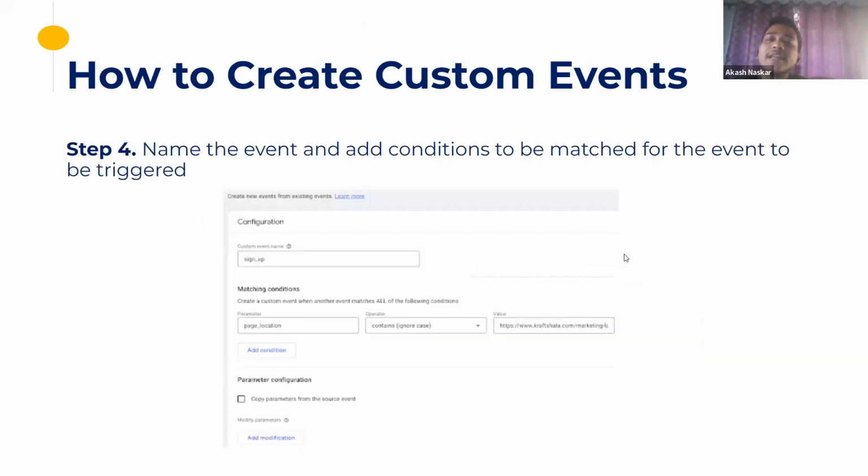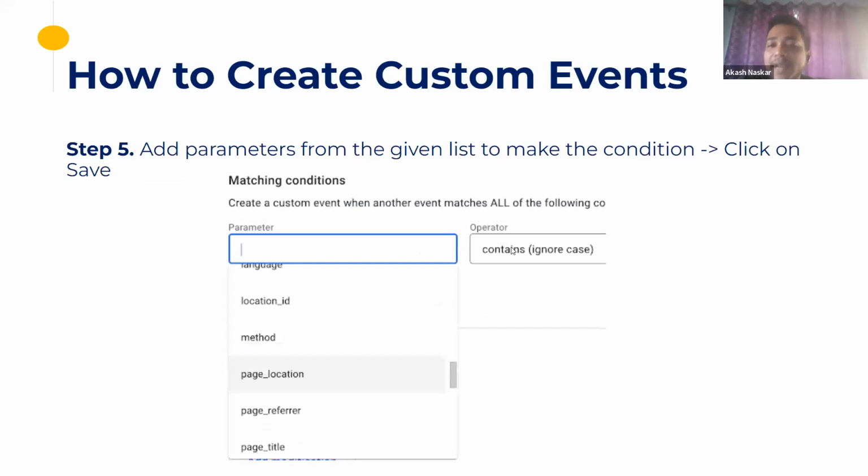Once you click on create event, you'll need to enter the details of the event: what the event will be called, and what the parameters in the event will be. So here, for example, I'm creating an event of sign up. I'm creating the sign up event and telling Google Analytics that if my thank you page is viewed, consider that as a sign up event. If anyone views my thank you page, that should be considered as a sign up event. So I set all the parameters. I write the name of the event, any additional data that I want, I put it there. And then I save that event.